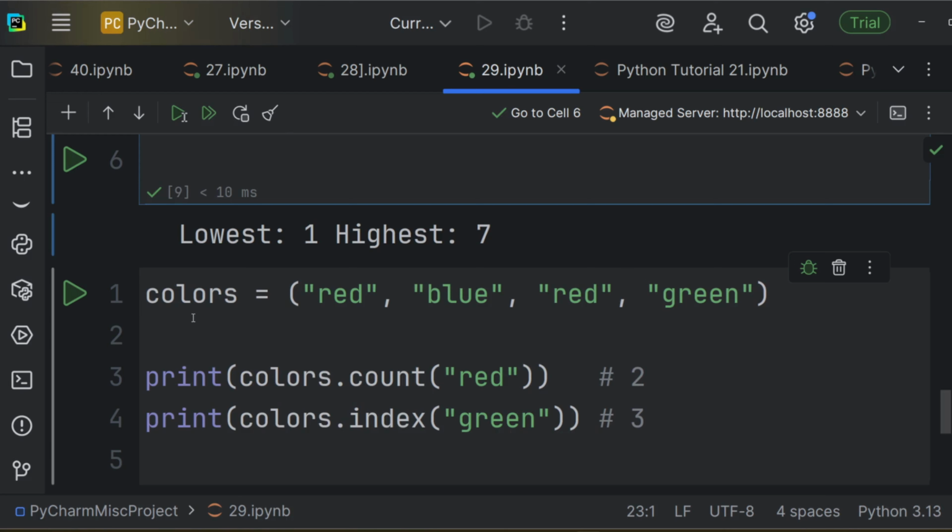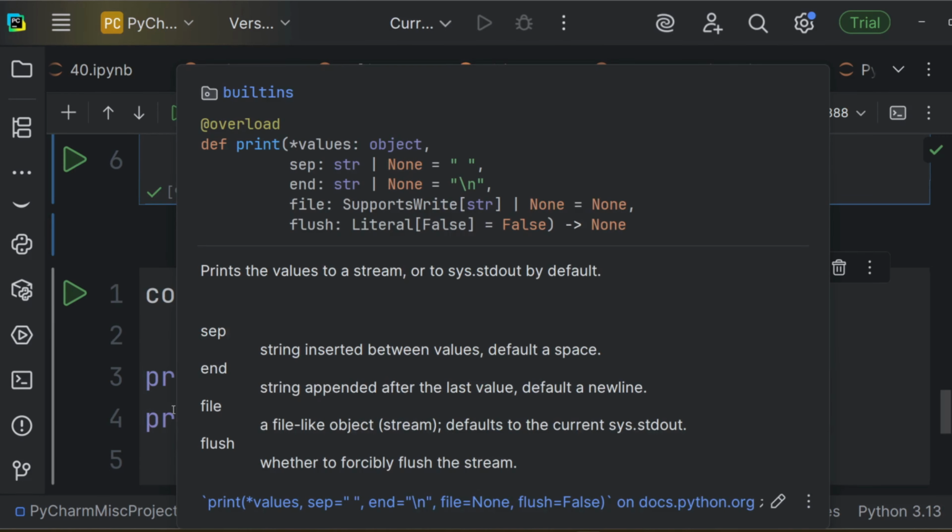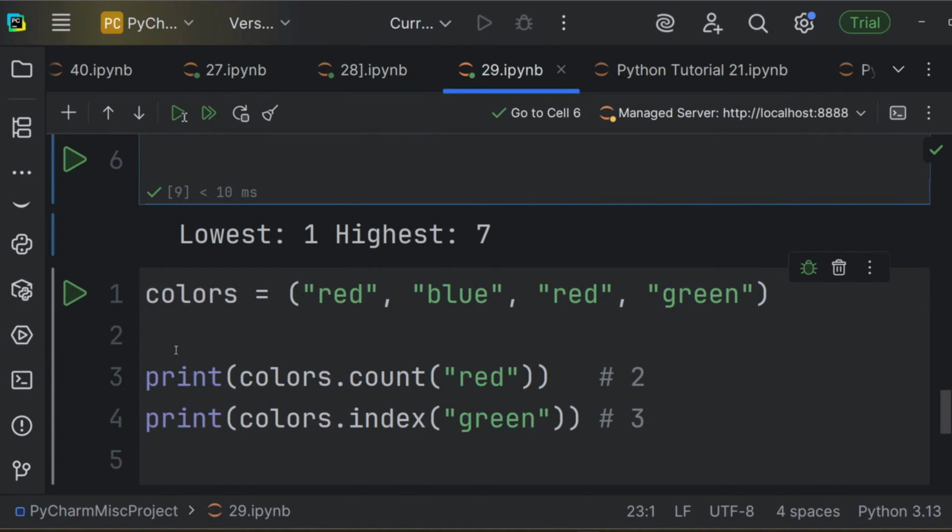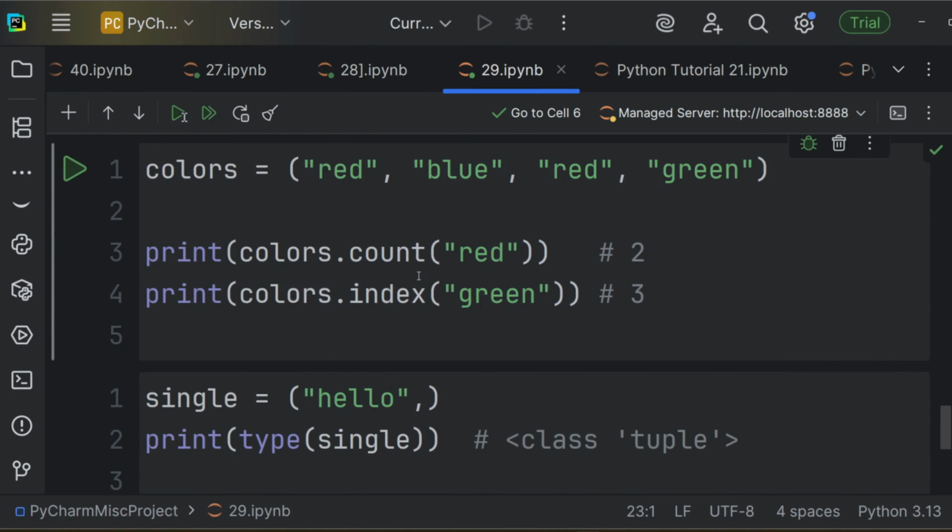Let's move to some tuple methods. Tuples don't have as many methods as lists, but they do have some handy ones. Over here we have colors is equal to red, blue, red, green. Now we want to print how many times red is mentioned, and which index position green is at.